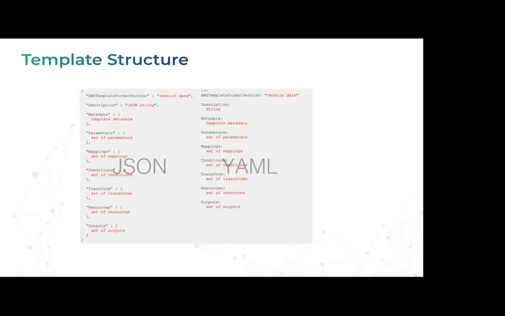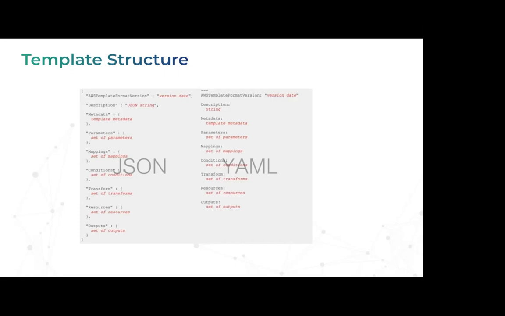Resources, I mean, we all know resources are the exact things you need, like Lambda, SQS and all. What you want CloudFormation to deploy or provision on your behalf, you define in the resource section. Last is output, right? I won't say it's a best practice. It is more of a helping functionality: when you have hundreds of resources, it is difficult to identify which EC2 I launched, what its instance ID is, what its public endpoint is, or what the URL of the load balancer I deployed is. It's more like a print statement: after the resource gets deployed, you print the output values so I can refer and point to them.